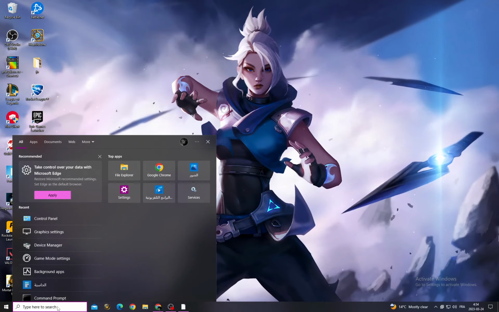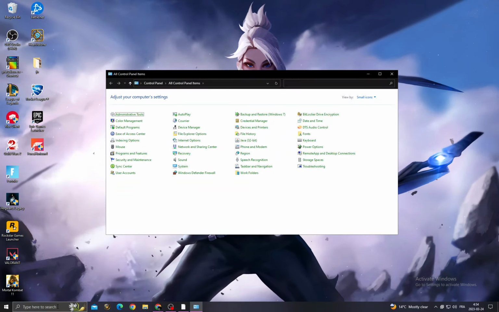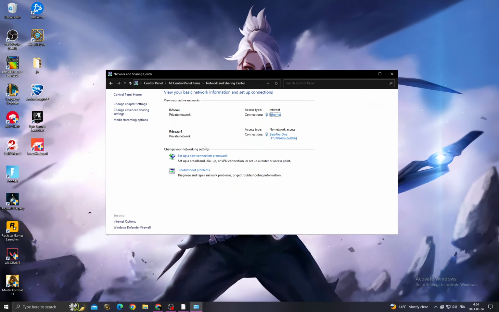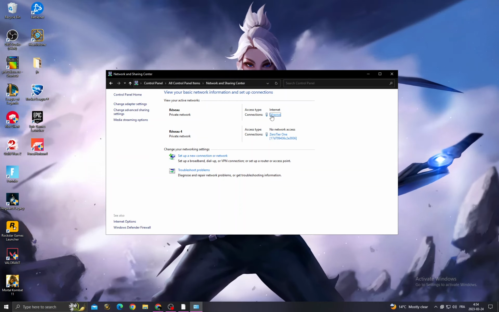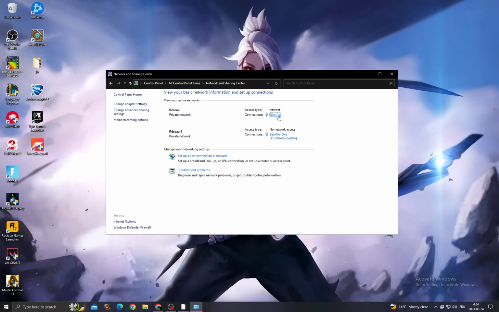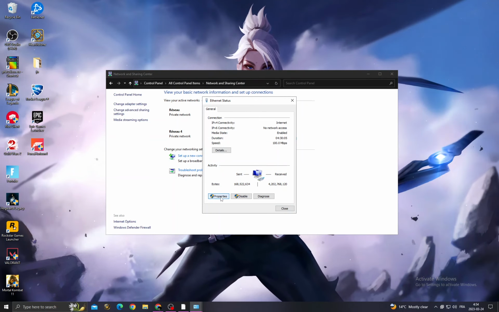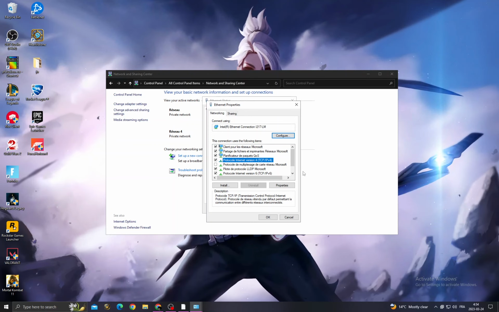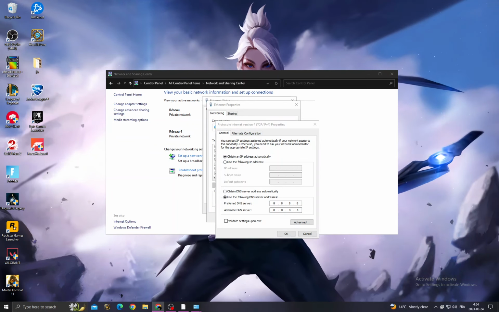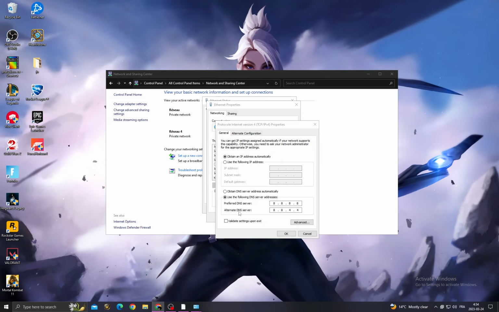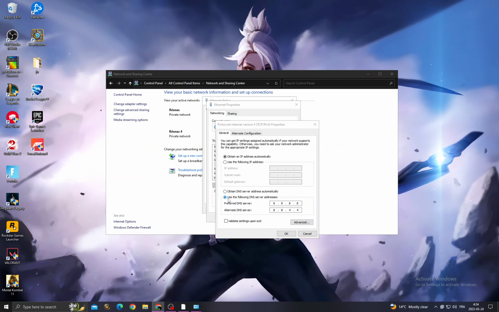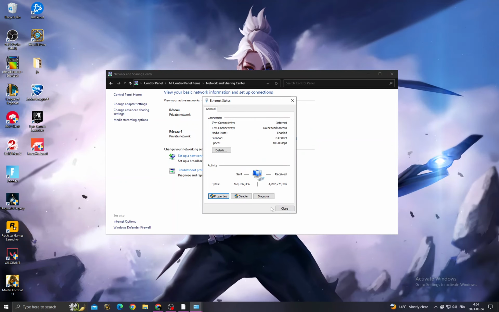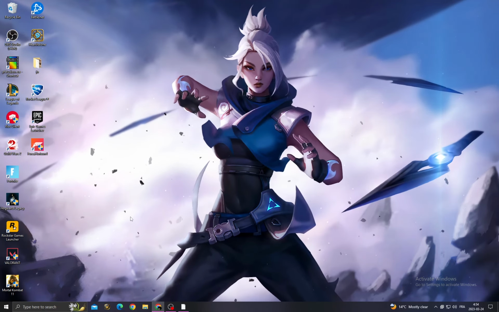and then type control panel, and then click Network and Sharing Center, and after that you will find here Internet or Wi-Fi. Just click on it, then Properties, and after that Internet Protocol Version 4, click Properties, and once you're here just copy my settings. Select the second one here and copy those numbers, click OK, and that's it. And after that you need to find the Riot Games folder,